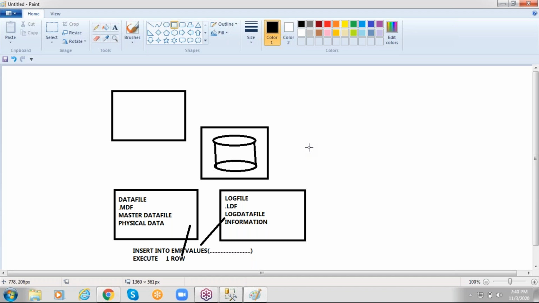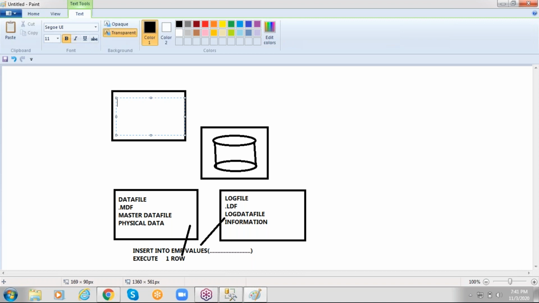Is there any file related to your database? No, there is no file. Then how can you store data without a file? That's why in the new disk we have to add a new data file.